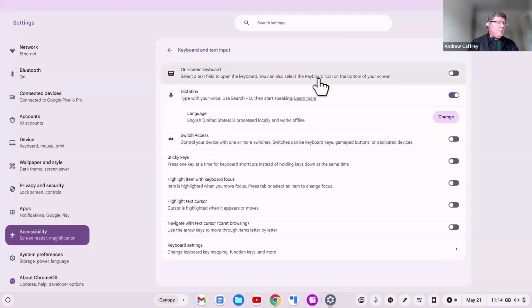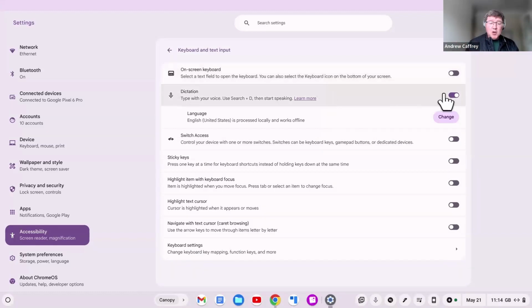I've got the ability to turn on an on-screen keyboard, to use with the touchscreen. Dictation mode, I personally use this. I have a little button down the bottom bar here, living on my device, and that allows me to dictate and voice type anywhere on the web. So not just in a particular product, anywhere there's a cursor input, whether that's on a website,